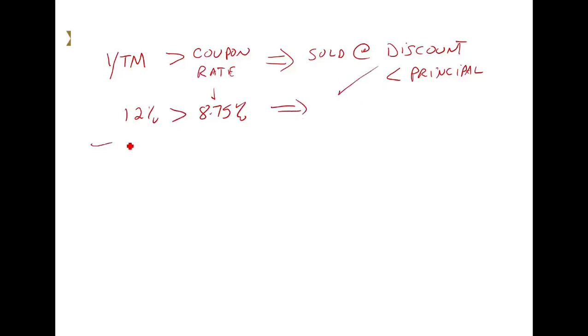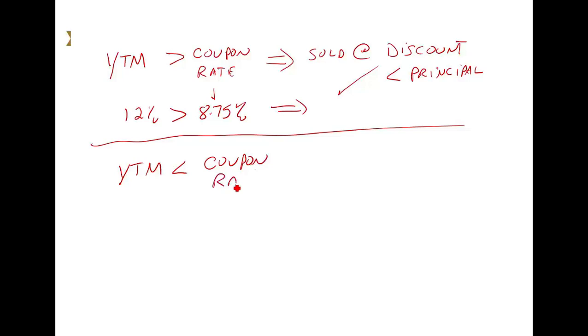Inversely, if the yield to maturity is less than the coupon rate, so the bond offers more than what the market requires, then the bond will be sold at a premium, meaning at a price higher than the principal value. So in the first case it would be selling at $900,000. In the second case it will be selling above principal. Remember, the principal is $1 million, so it will be selling at